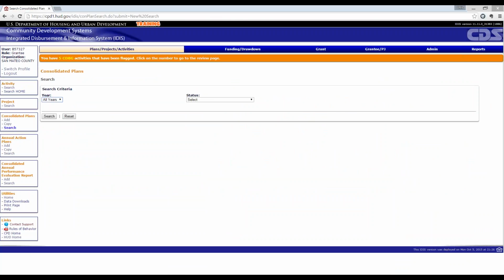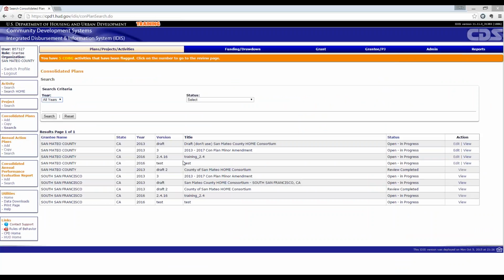And there's two key pieces of information. If we're looking to amend that consolidated plan that we just created, we need to know the version, 2.4.16. Always make sure to jot that down, and the start year. So in this case, 2016. So if we're wanting to amend that consolidated plan, this is the information we need to know.